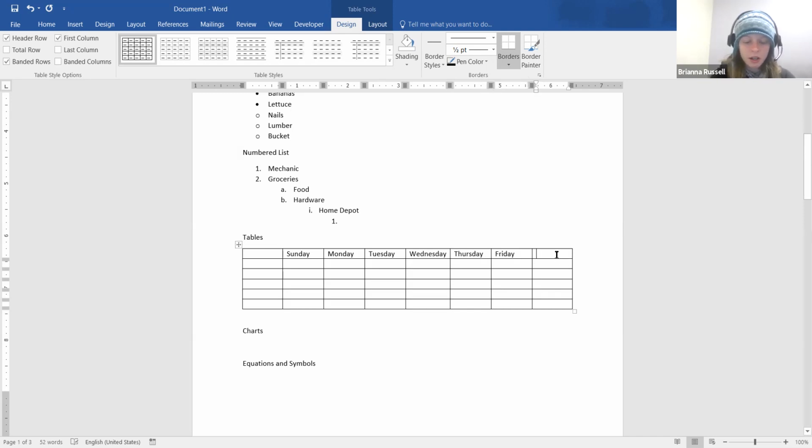And you can type it in and do whatever you want with these. There's no wrong way to do it. You're not going to mess anything up. And so perhaps in this column, I'll write subject because this will be the different subject that I'm studying each day. So maybe math,